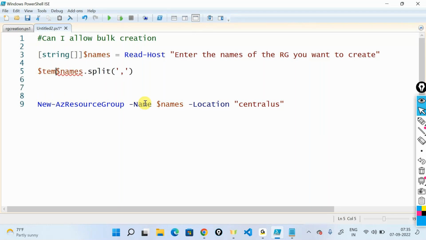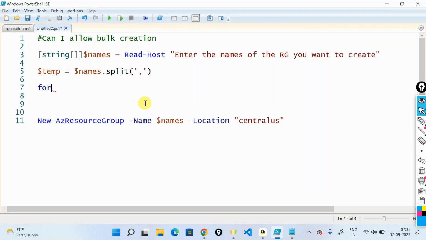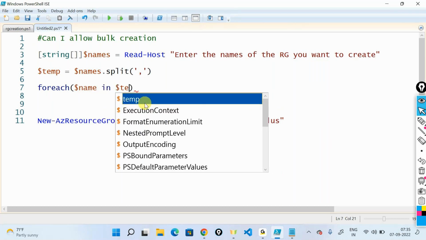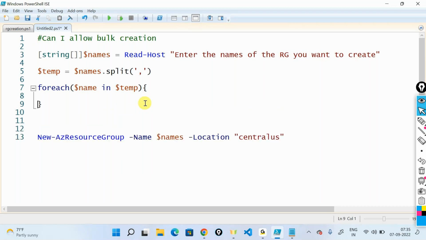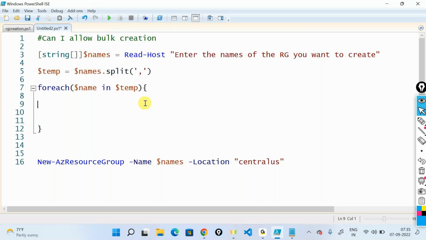I'll say $temp, a temporary variable, is equal to $names.split. Now I'll say foreach $name in $temp. I'm now running my foreach loop over this $temp,